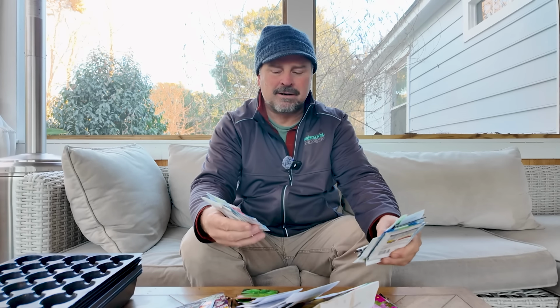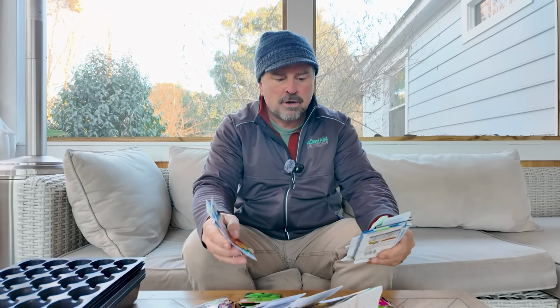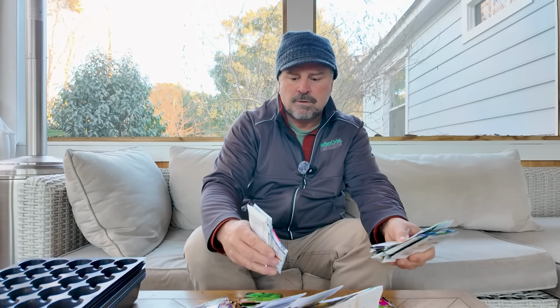There will be seed that just makes sense to direct seed in the garden. Things like beans, it doesn't make a whole lot of sense to germinate them in a tray and then transplant them later, although you can buy them as seedlings at garden centers and stuff. So there are some seeds that are just better direct seeded in the ground, where others, having a controlled temperature and a period of time and good soil and all those kinds of things, do much better in the house. That includes tomatoes and peppers for sure. So there are some that are best suited for starting from seed, and others either purchasing as plants or direct